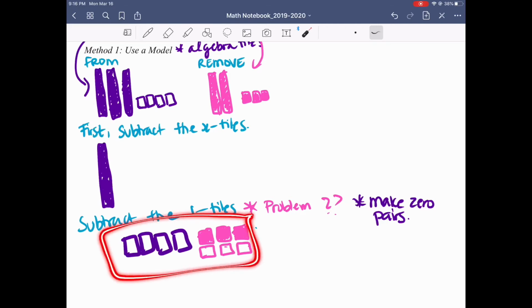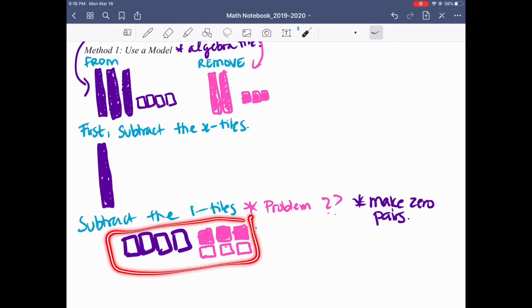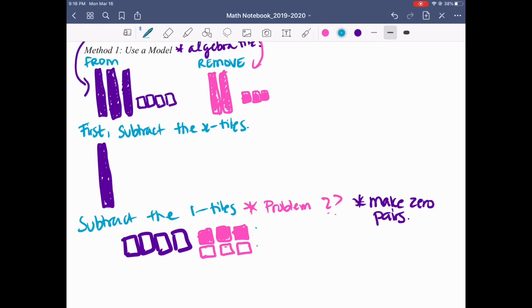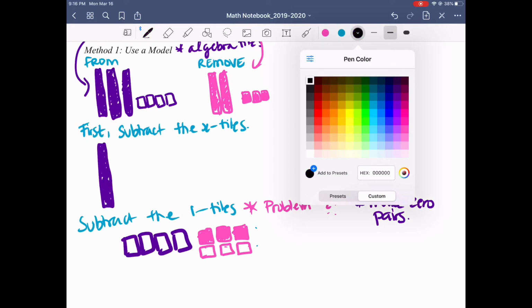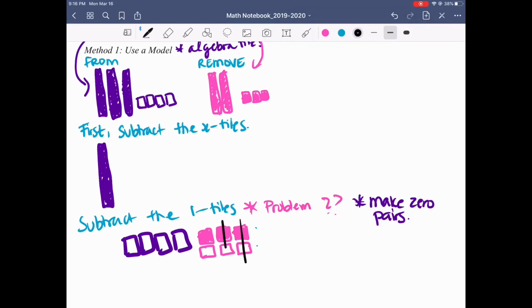This whole thing still makes -4 because if I asked you to combine the like terms, you'd say, okay, positive cancels out negative, positive cancels out negative, positive cancels out negative, and then I'm left with -4, right? So adding these in does not make a difference in the answer because originally we had -4. What we're doing is making 0 pairs